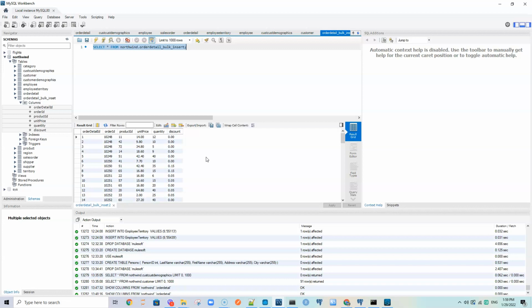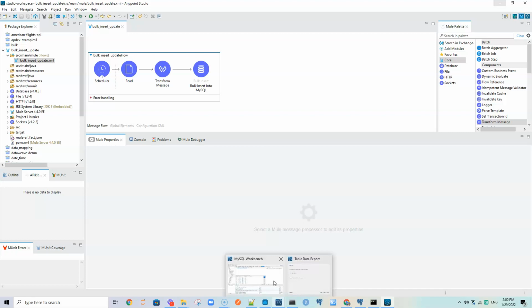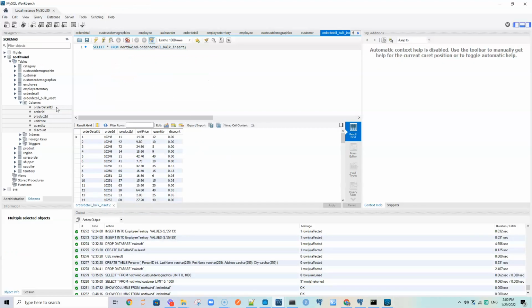Oh, order detail bulk. Okay, is it inserting data already? Oh, this is running already. Okay. Yeah, I see. Because it was running, it started inserting data to it. Okay, so let me stop this and I will just rerun it and make sure this table doesn't have any